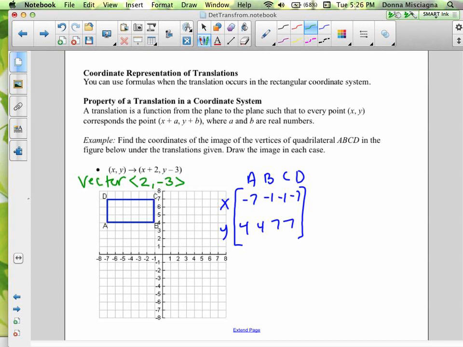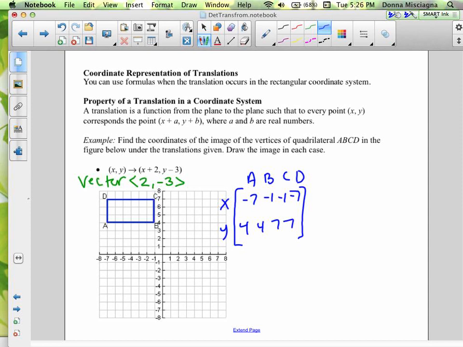So point A is located at negative 7, 4. Point B is located at negative 1, 4. Point C is located at negative 1, 7, and point D is located at negative 7, 7. Let me fix up my 7 a little bit. Right, and so now we want to